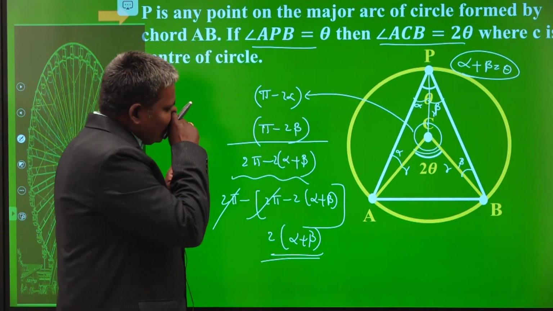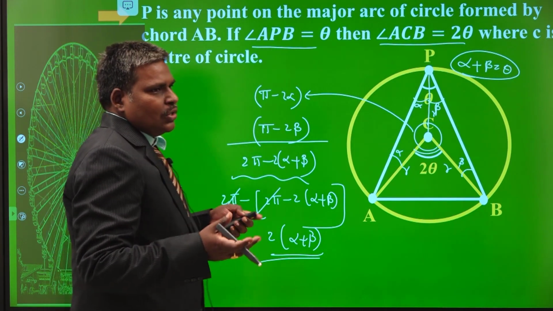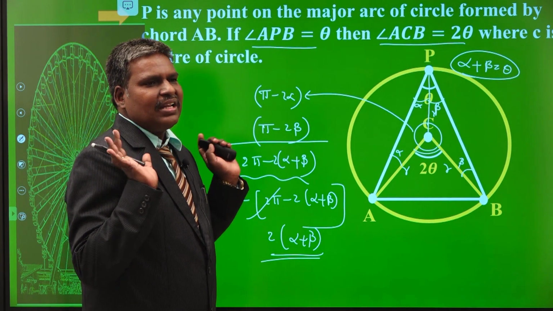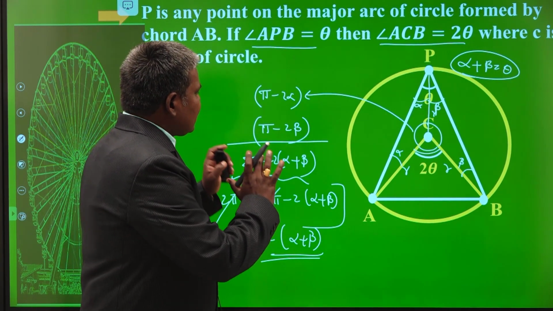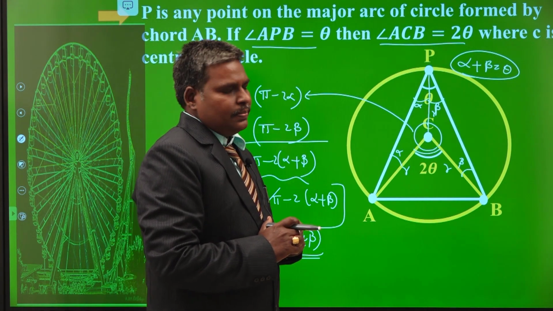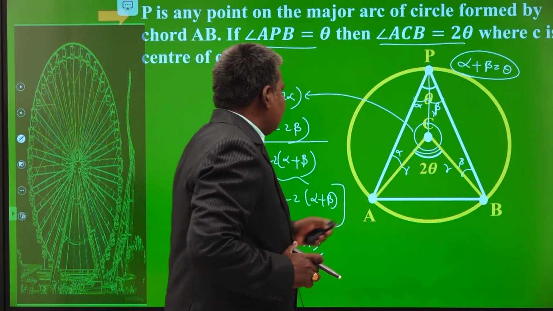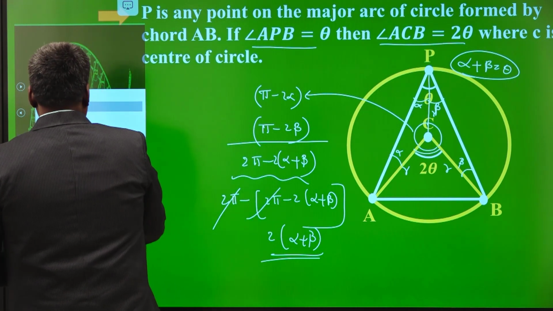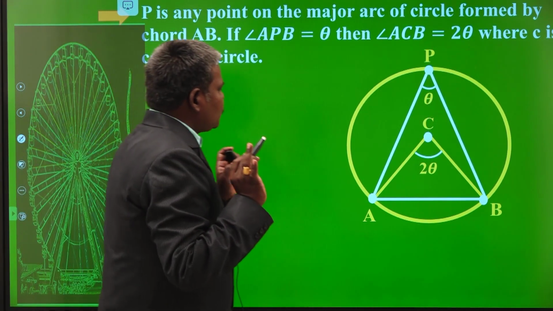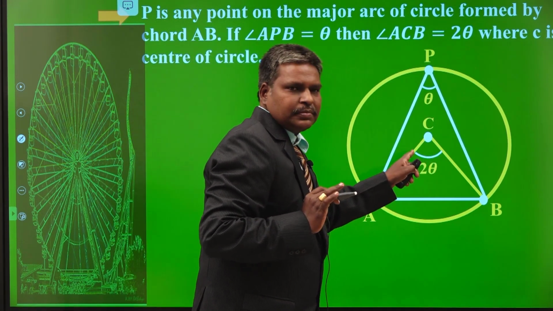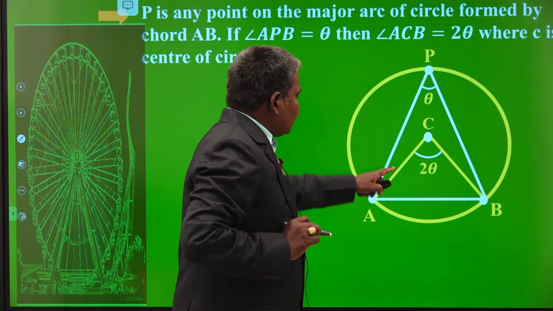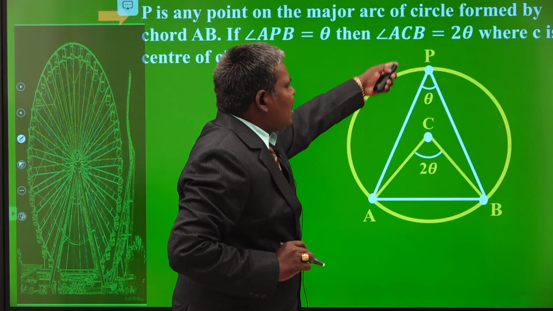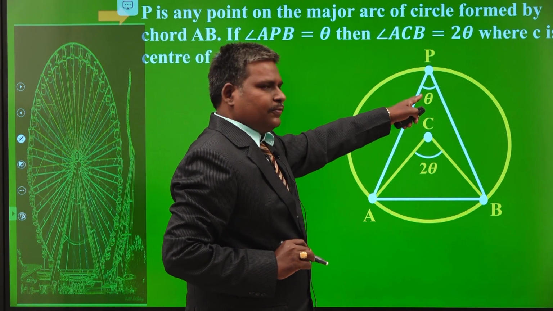With the help of this very, very important property, you can conclude that angles in the same segment are equal. Very, very nice concept. Angles in the same segment are always equal. Why? If you fix this angle, I will just explain. This is the property. You see this one? If it is fixed, then if it is theta, automatically you join these extremities to a point on the major arc of the circle, that will be half. Am I correct or not?